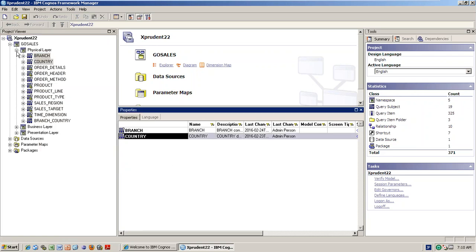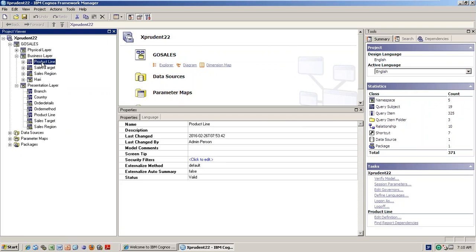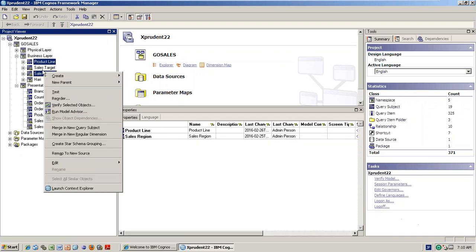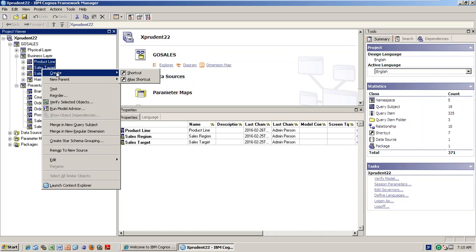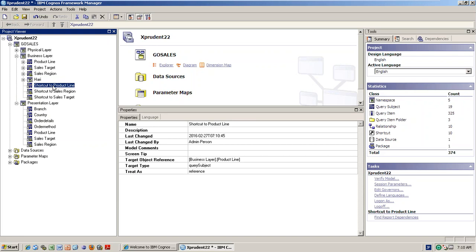I think while you were creating the presentation layer, you took all the tables, right clicked, created a shortcut, and then dragged and dropped here. Am I right? You drag and drop here, and then you rename it. Like this, you drag and drop into the presentation layer, and you renamed it. So you remove this shortcut too, right?